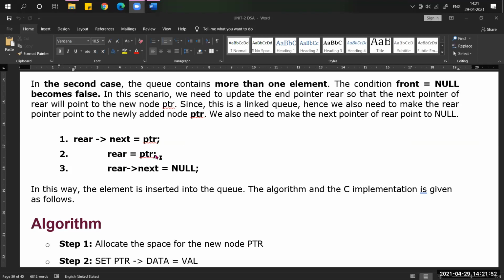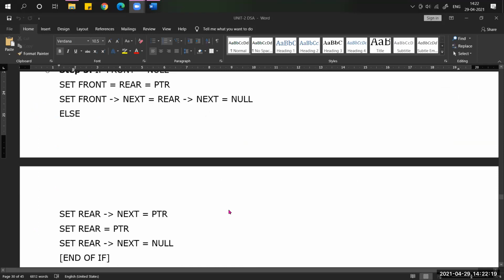That's where rear = PTR. Now we have to put a null to the last node. How do we put that? rear->next = null. So these three lines of code will be executed when the condition front equal to null becomes false. At that time, in the else block, these three lines of instruction should be executed. That is the two cases if you want to insert a new node into the queue.